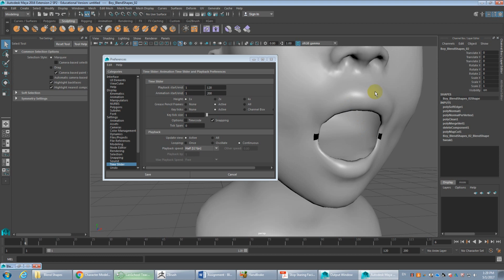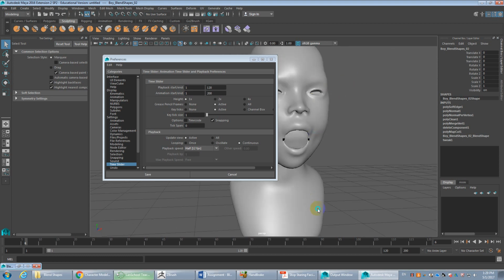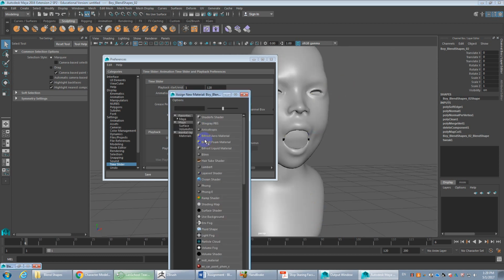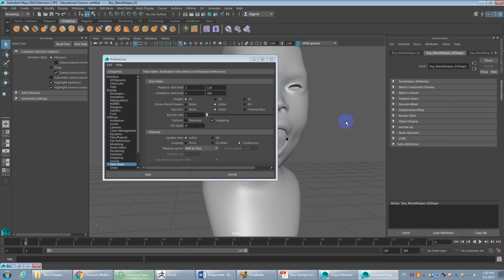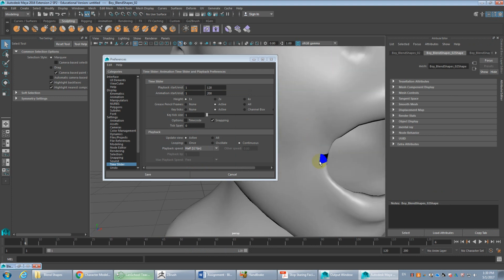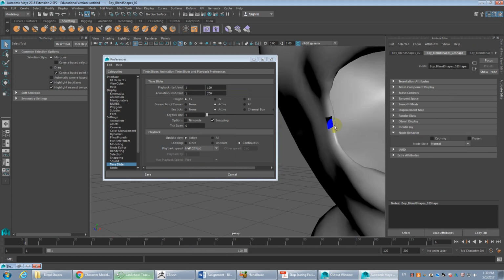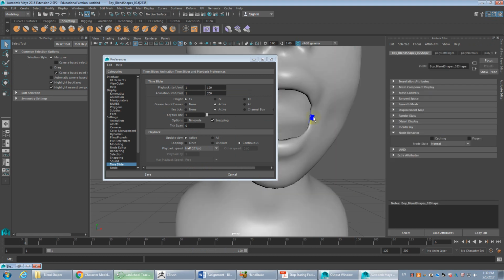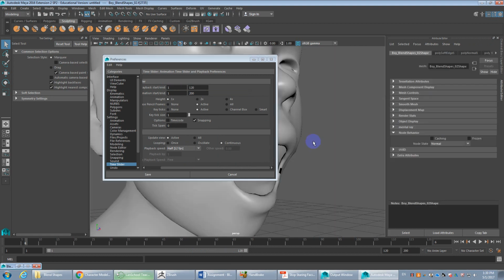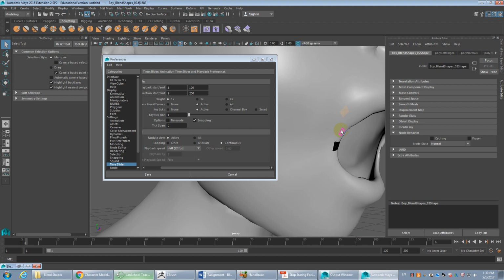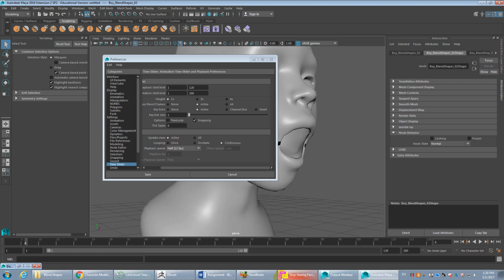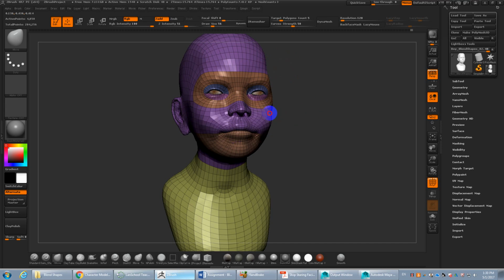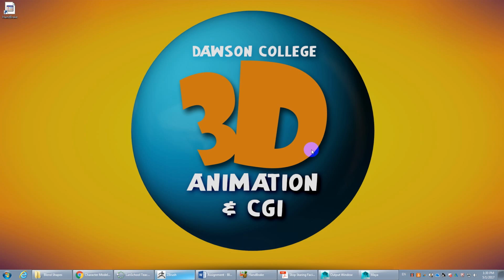Yeah, I don't know what's happening there. Maybe there's a material issue too. So if I just assign a new blend, that might help too. Maybe? No. Yeah, so there's something weird with this little poly area. Might need a little fix there. Just check. Yeah, there's actually missing faces for some reason. That's not a good thing. But anyways, yeah, I think that's probably the glitch that was carrying over from Zbrush. There's something wrong with that corner of the mouth, but